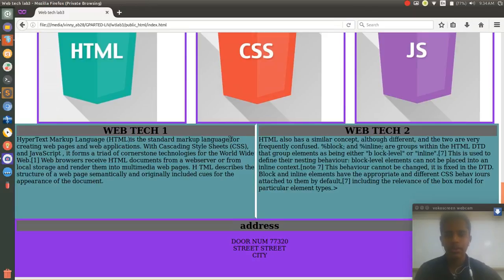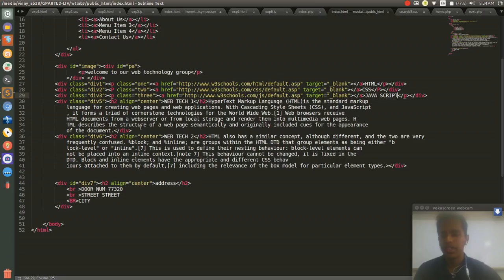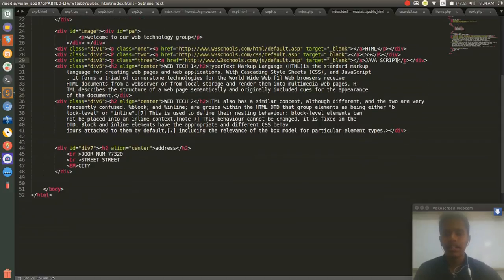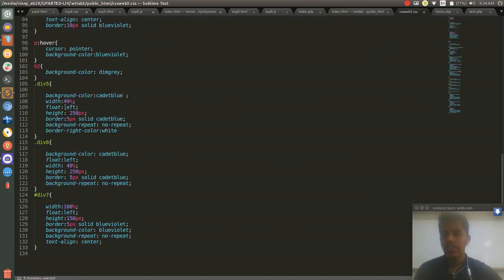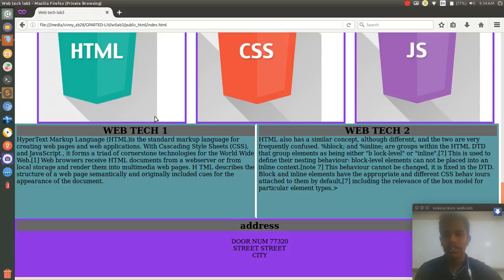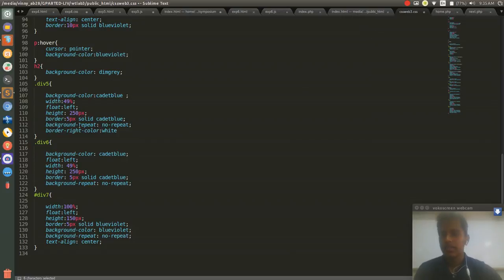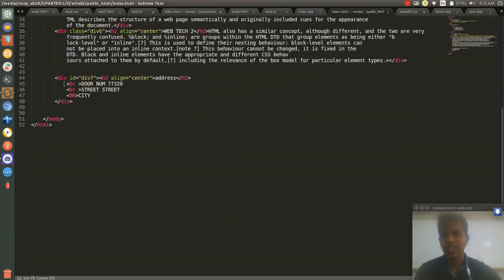I created two division tags and put the content in there, and gave a class and attributes for div 5 and div 6 for a background color. So I gave them float left, so that both align on the same line, coming next to each other. Then the height and border are given, and div 6 and div 7 is the last footer, which I've given